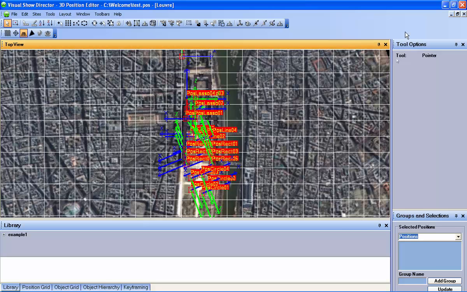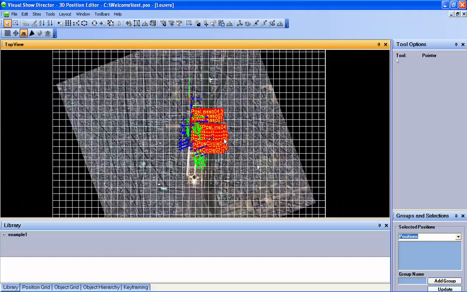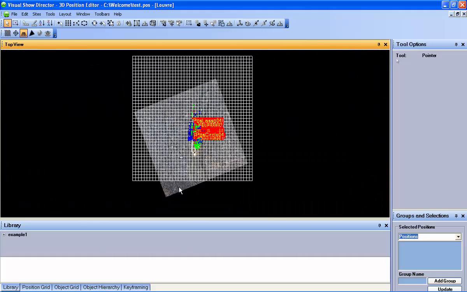In this part of the second lesson, we learn how the tools are used to manage the entire 3D environment. If we use the camera tools, we can see that the background is not properly fit in the environment grid. This depends on the content of the 3D model that was selected. When a 3D model is loaded in the environment, the 3D position editor may not automatically center the model in